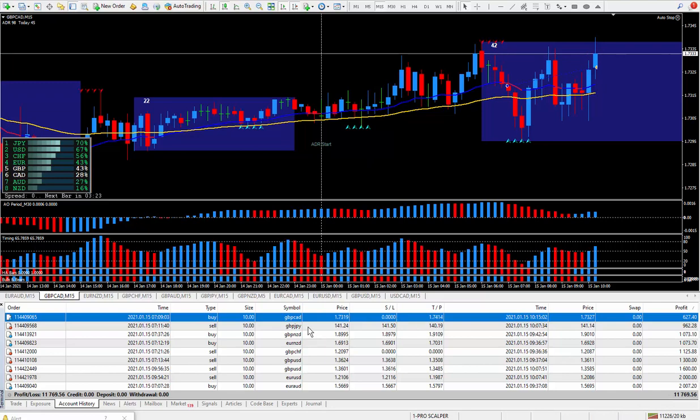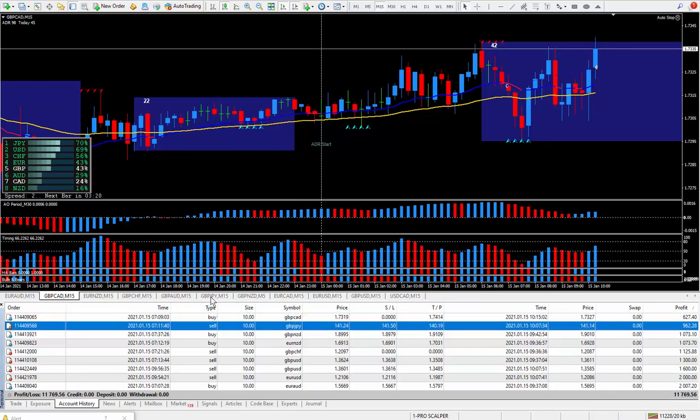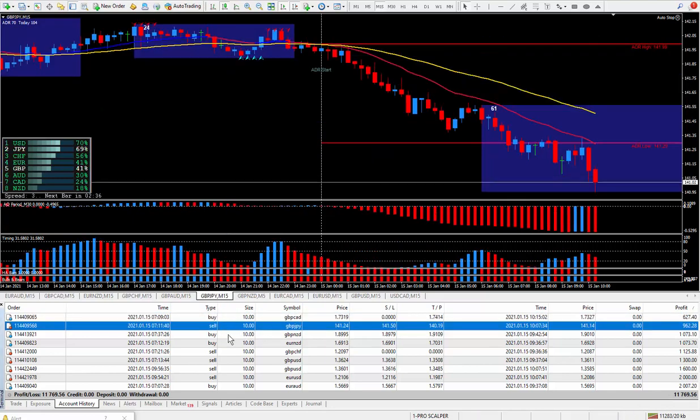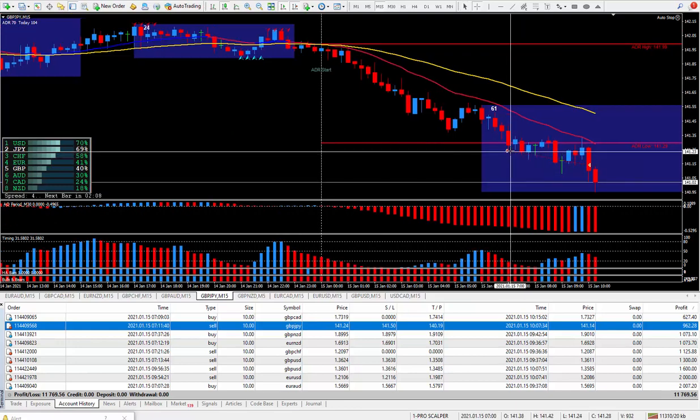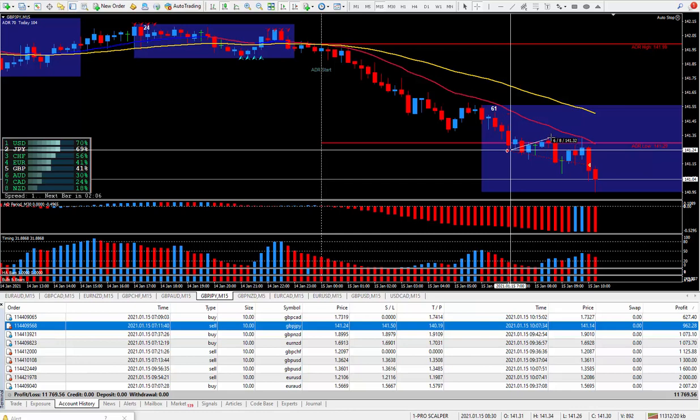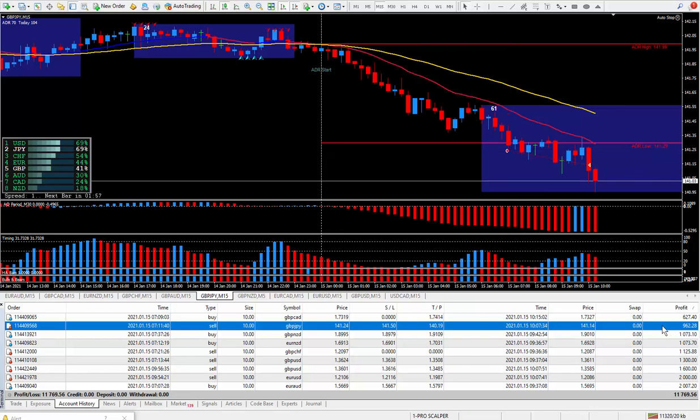Moving right along to the pound yen, let's run a check on that. This pound yen trade is the same as the previous one. It was a great way to trade. That's using the moving averages and the indicators down at the bottom. Got in at this point, did a bit of a pullback, not a lot, let's see, around 8 pips, and I closed it out just more or less being happy with the total. 10 pips, and 10 pips paid